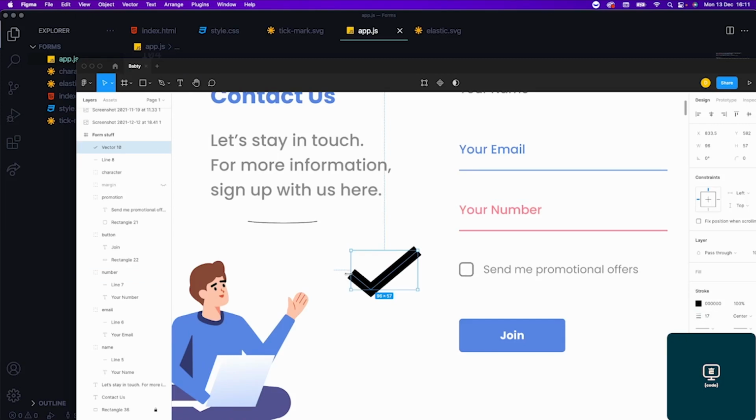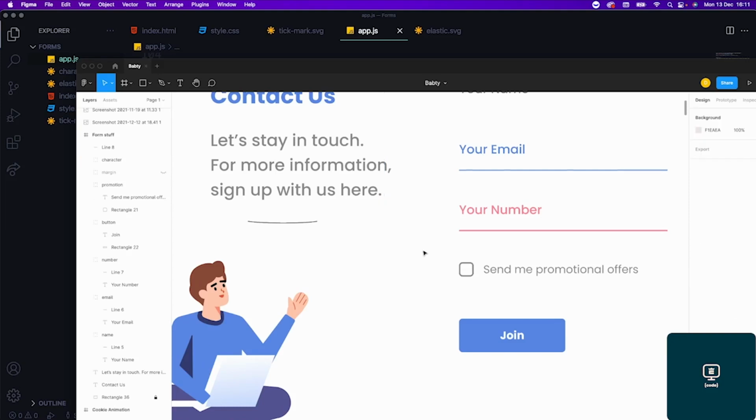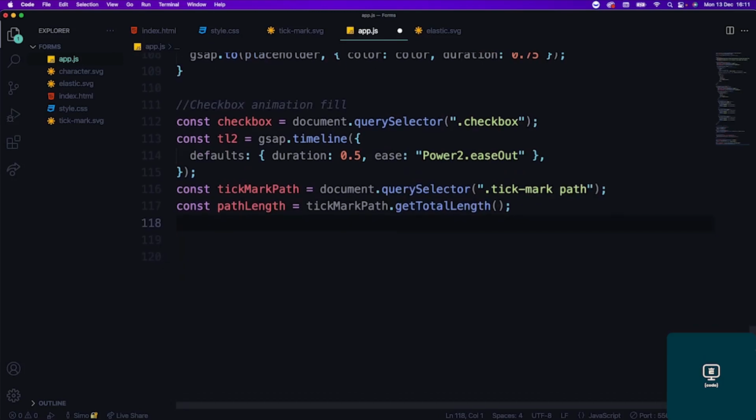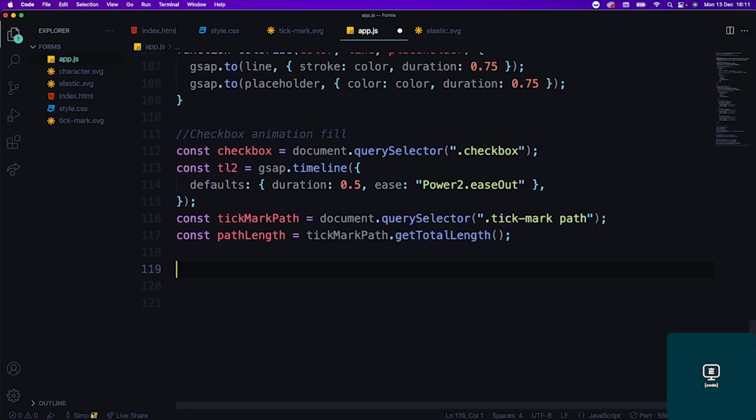We can do the starting position, so it's all hidden, and then animate the whole length of it all the way out. So you get this typewriting effect, this handwriting effect on the tick mark. The way you do that here, make sure you add parentheses at the getTotalLength. That's going to get the length of the path. And then what we can do is